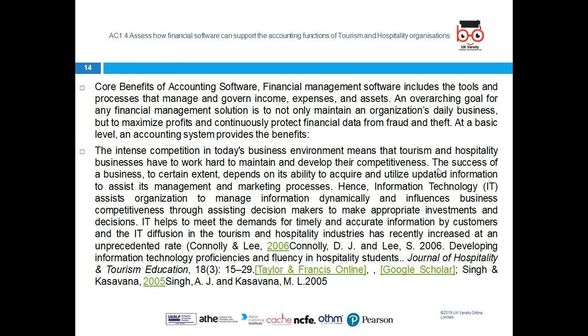Next, our area of discussion will be to assess how financial software can support the accounting function of tourism and hospitality. Nowadays we have a lot of software, and that software helps us to plan and to maintain records systematically in accounts. These are quite useful and help us to track, like in the hospitality industry, keeping customer records, tracking customer satisfaction level, looking at income and expenditures, and all the bookings, and we can track